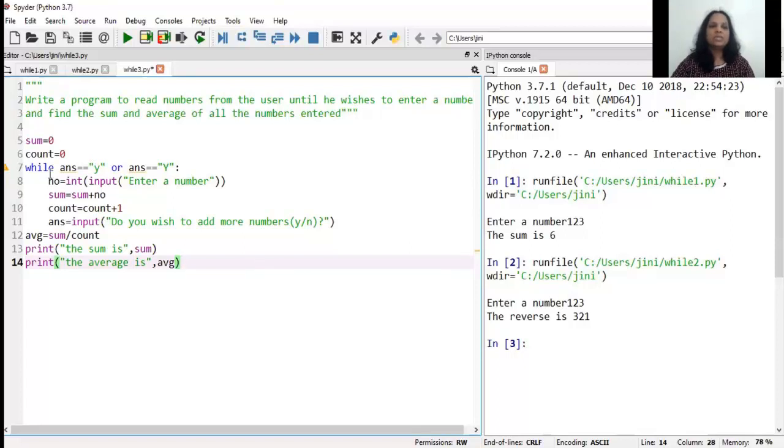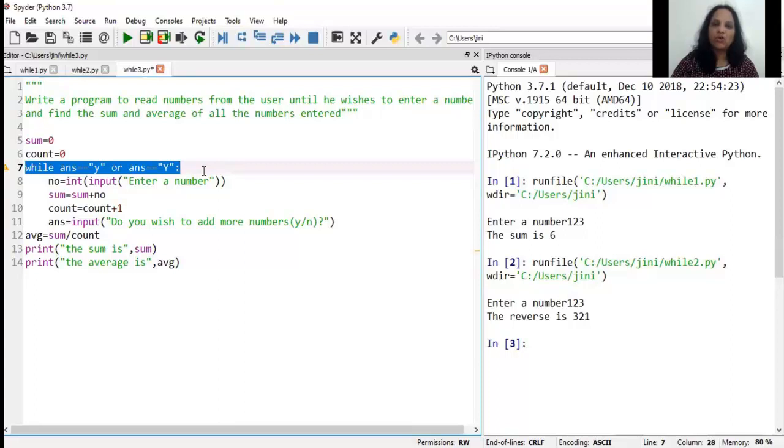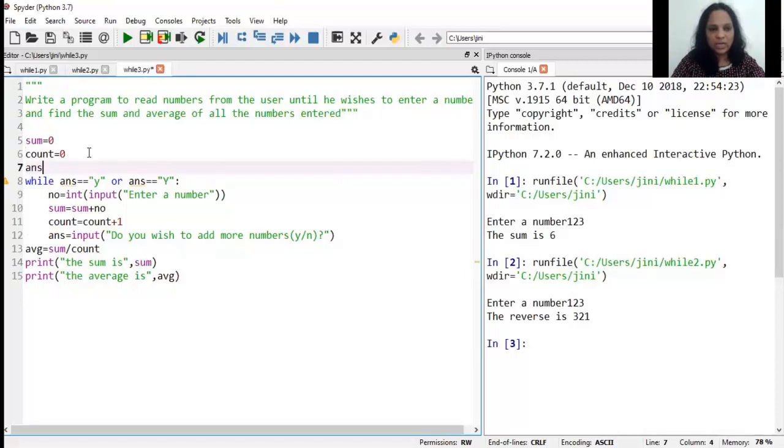Okay, but can you see you're getting a yellow bulb here which says something is wrong here? What is wrong here? The first time when I enter the loop, does ANS have a value? Have you created the ANS variable? No. Then how are you checking is it equal to Y? So I forcefully create ANS and I initialize it. You remember me telling you initialization? So I initialize it to Y. Now what happens is ANS initially has a value, because we're assuming that at least one number he will enter, no? So ANS is initially Y.